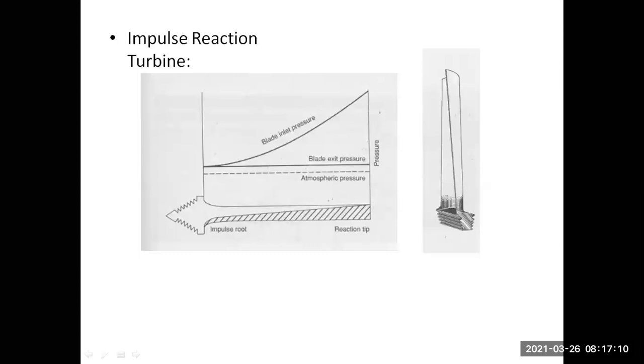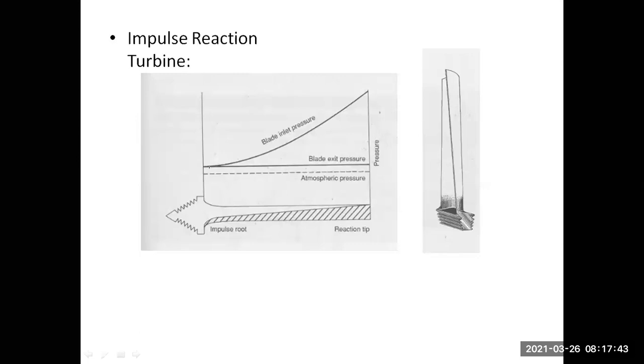Had I kept only the impulse turbine, this area would have been more effective and I would have got a better result over here, but there would be some pressure loss here. And if I had used the reaction turbine, this area would have been more effective, but this area would not have created that much pressure. But as I'm using the impulse reaction turbine, you can see the blade exit pressure. Exit pressure means the air which is going to come out of here will have a constant pressure. Can you see the blade exit pressure? Straight line. That means it is utilizing the high pressure at the tip and the low pressure over here.